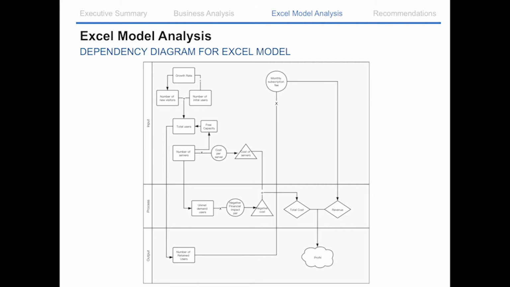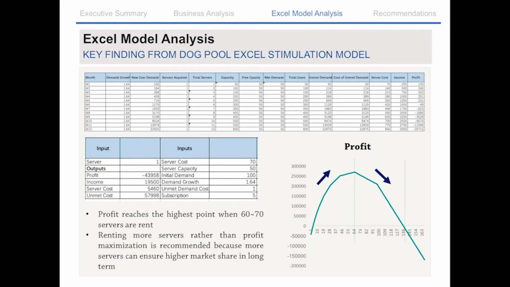Those existing users make up our revenue, and by deducting the cost of server renting and negative loss, we can finally get the profit. Then let's move to the next slide. This is the model we create under the expected growth rate. We set the independent variable as number of servers, which is on the horizontal axis, and set the dependent variable as profit, which is the vertical axis. Sorry, graph things are always confusing, but soon I will explain to you.